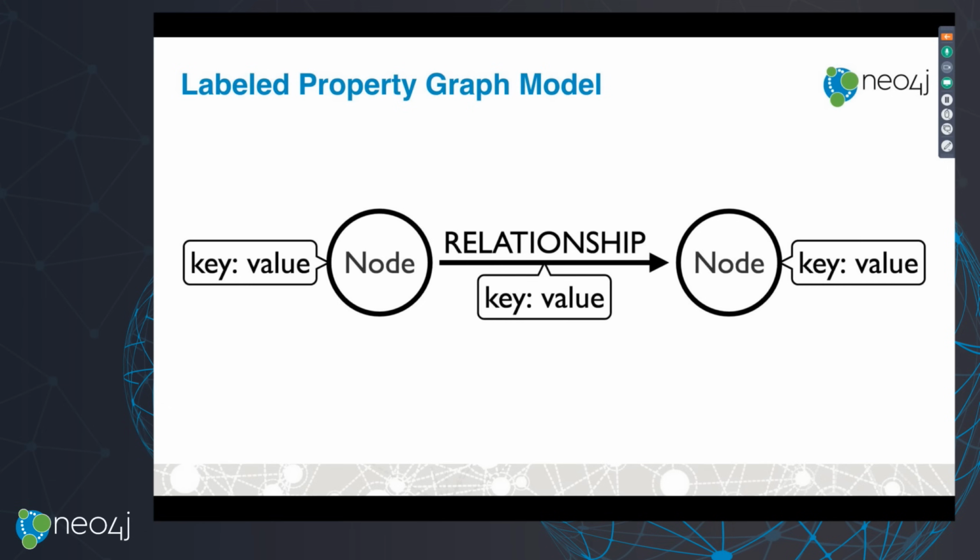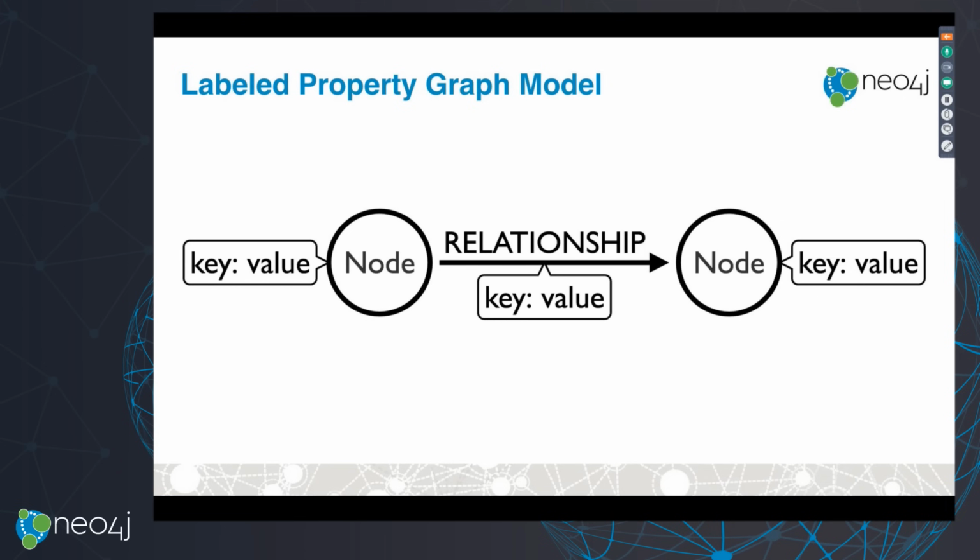So we said that the property graph model is composed of nodes. These are the entities in the graph. Relationships, which have a direction, a single direction, connect nodes, and then we can store key value pair properties on our nodes. It's called the labeled property graph because each node can have one or more labels. Relationships have a single relationship type,